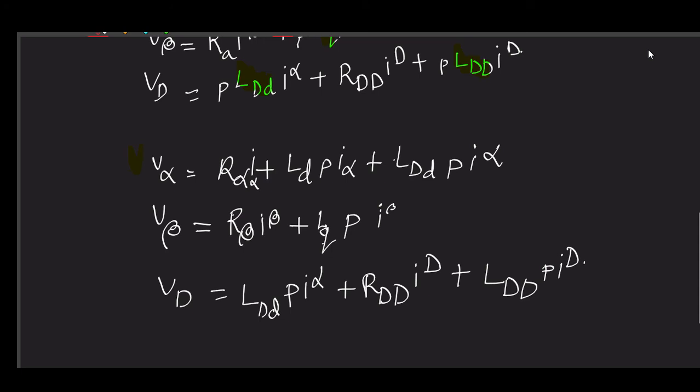So from this equation we can see that LD is the self-inductance of one phase of our armature winding when the axis coincides with the axis of our stator field winding, and LQ when the axes are in quadrature. Therefore LD is the maximum value and LQ is the minimum value of armature winding inductance.